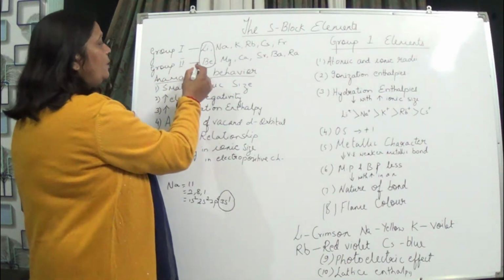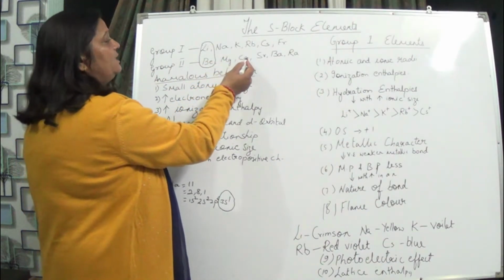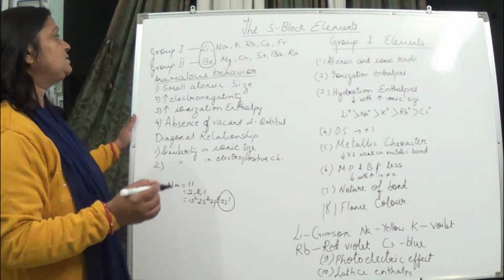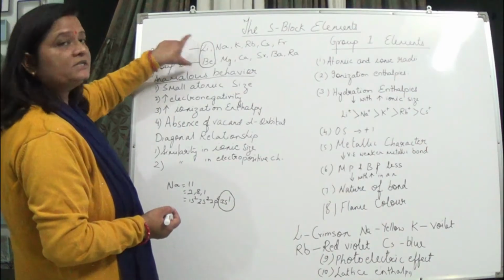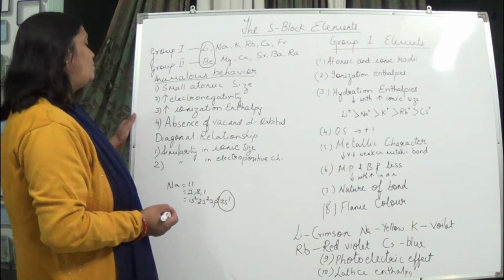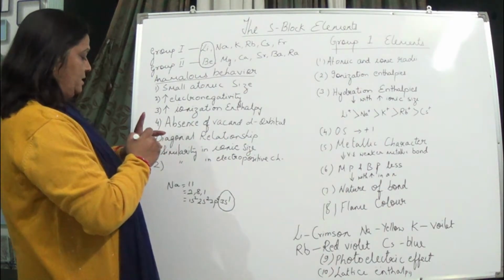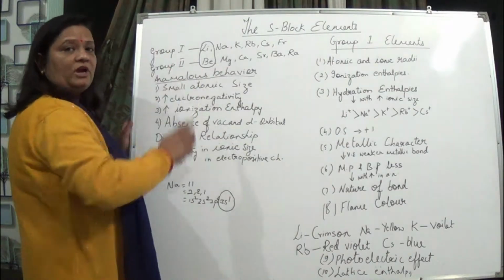And beryllium shows different properties from magnesium, calcium, strontium, barium and radium. What is the reason behind this anomalous behavior of the first elements in group 1 and group 2? The reason is that the atomic size is too small